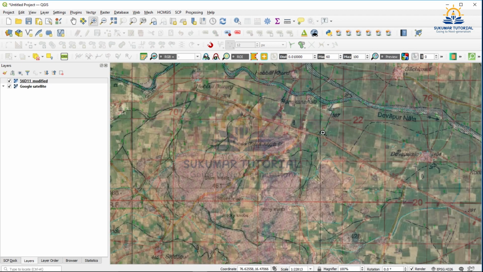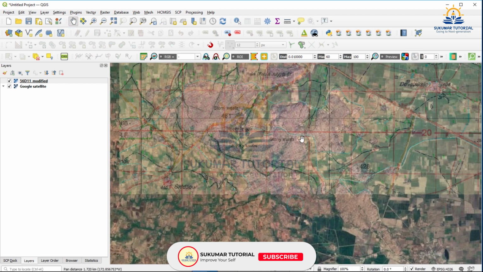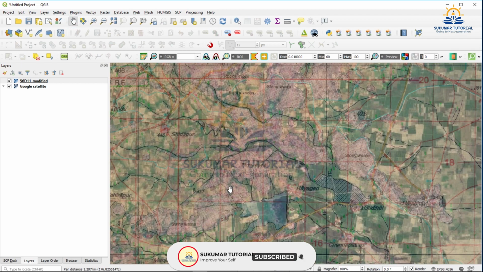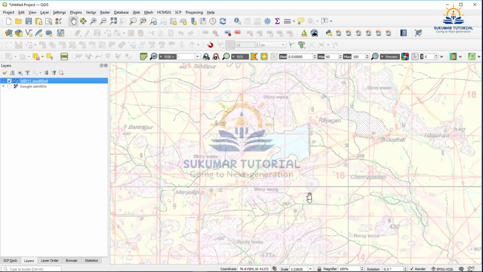For example, see here, I make the Google Map invisible. Your topo sheet is visible. In this topo sheet we have the area feature, we have digitized it. Already we have it in our folder.